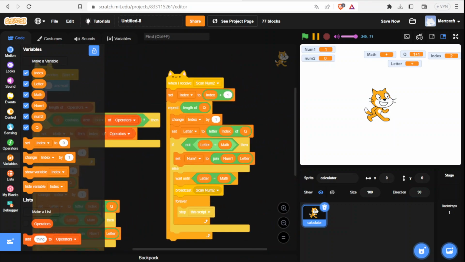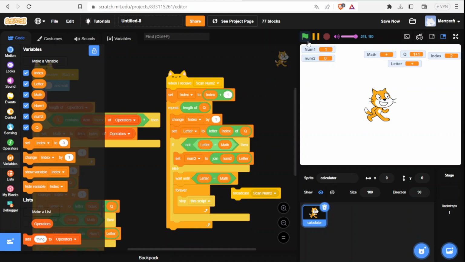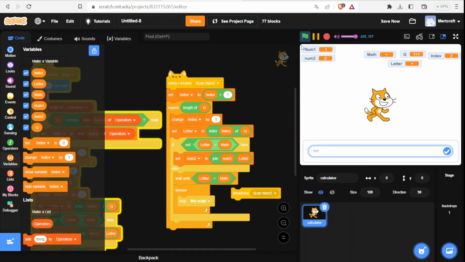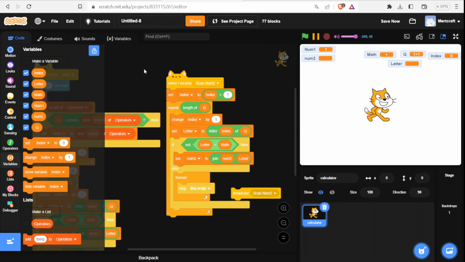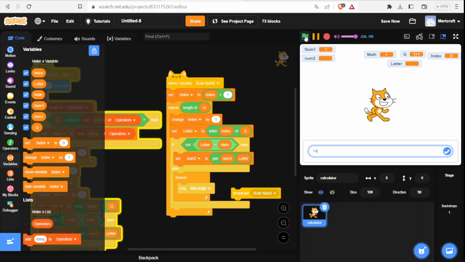Okay. So now it's not gonna work if we do set number 2 in here and number 2 join letter. It's not really gonna work, and we can take this broadcast. So if I do 1 plus 1, our num2 doesn't set to, it's not setting to 1. So we can take this wait until, and if I do 1 plus 1,